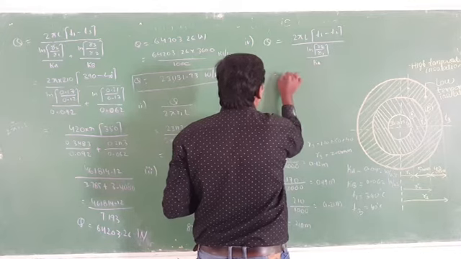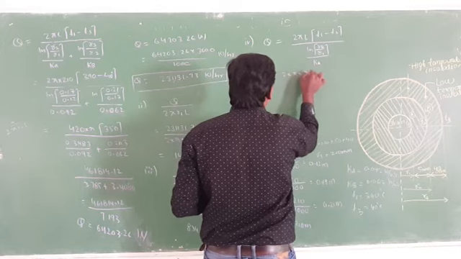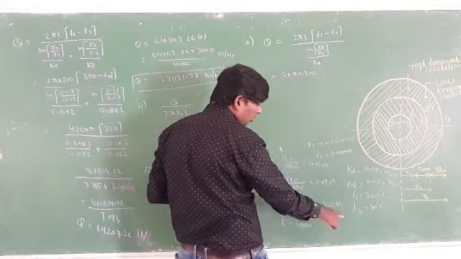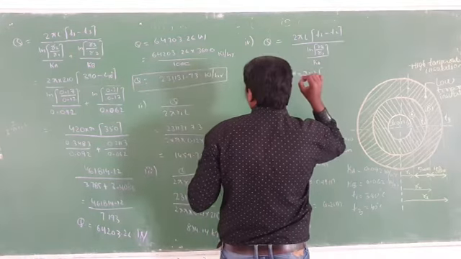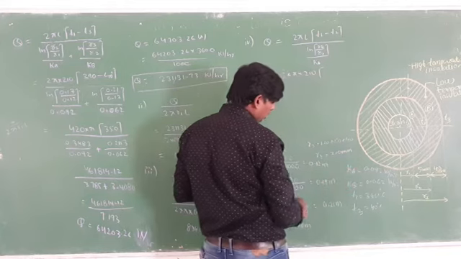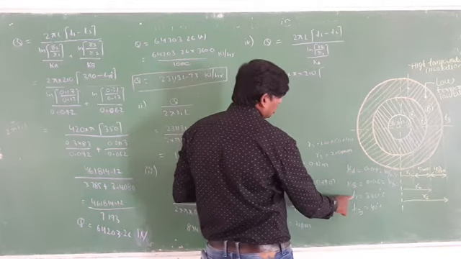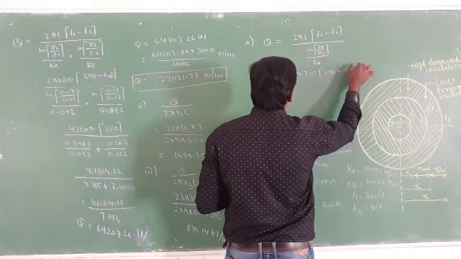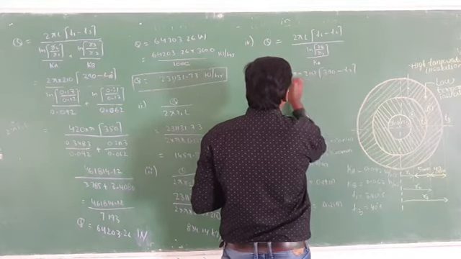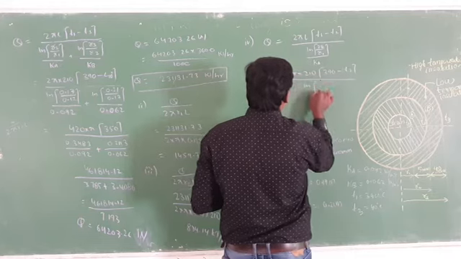So here you have to write 2 as it is, pi as it is, length is equal to 210. And initial temperature you know very well. Initial temperature is also given in your question. Initial temperature is equal to 390 and you don't know the value of T2. You don't know the value of T2, by ln of, next one is the R2 value.